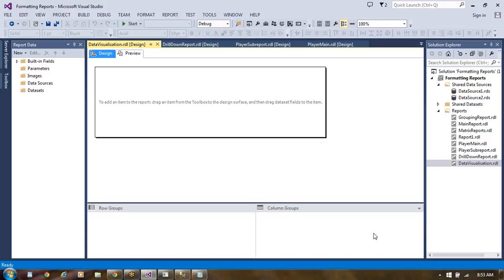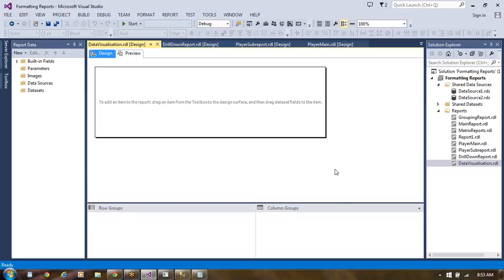Based on that, I retrieve data. Then I would like to show them in different graphs, in a bar graph or in a line graph.